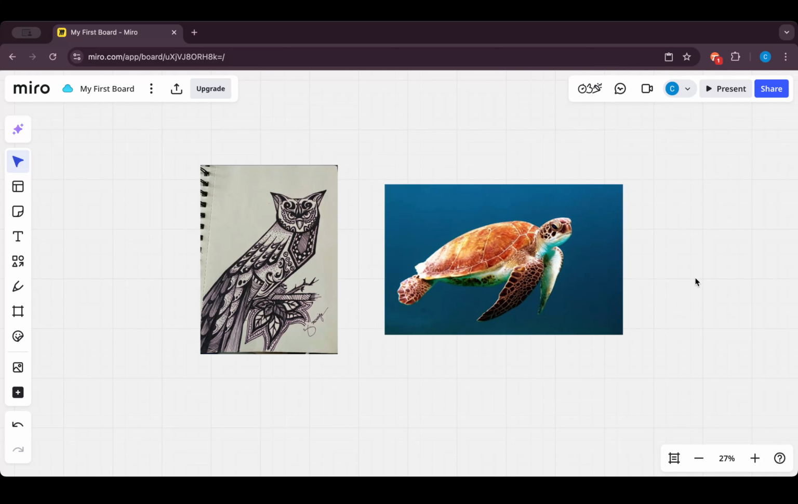And there you have it. You've successfully uploaded and added images to your Miro board. With these visuals in place, your boards can now enhance communication, capture attention, and overall improve the aesthetics and effectiveness